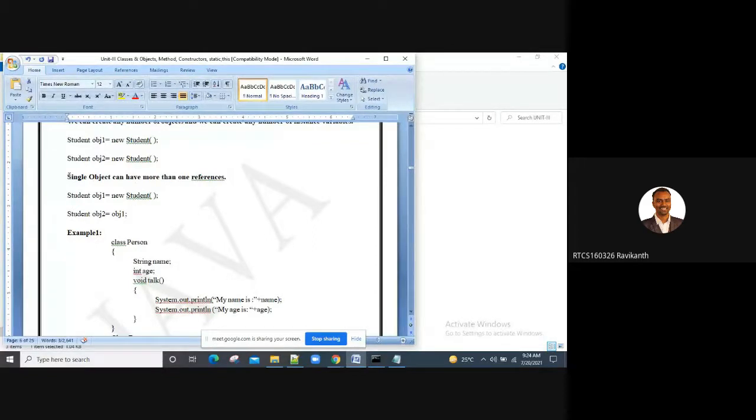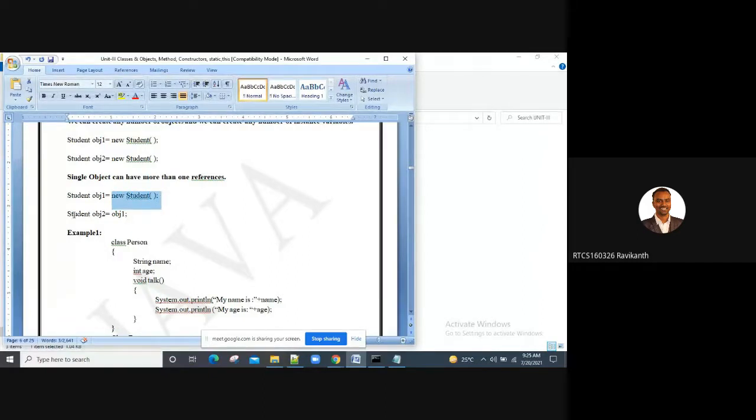This is one other way which I want to show you guys. A single object can have more than one reference also. Like we have written class name, followed by object name, equal to new operator, followed by class name.